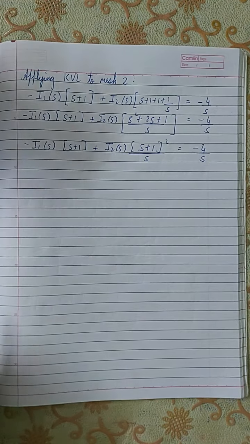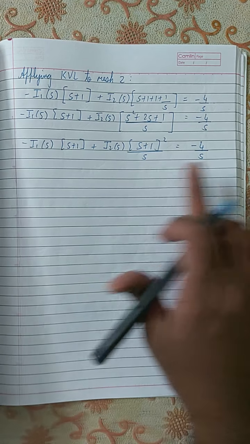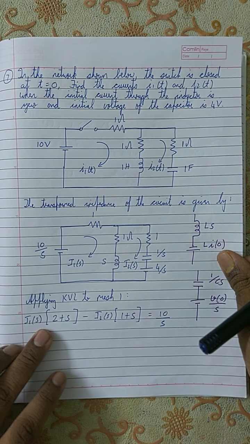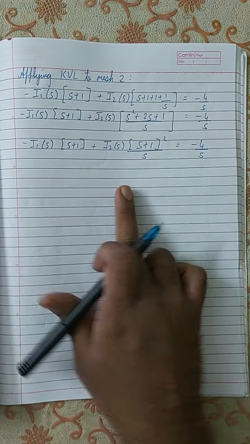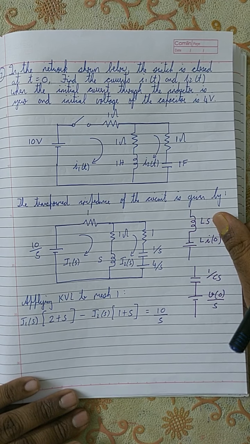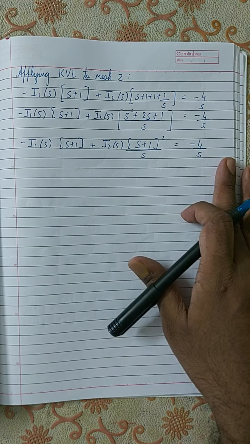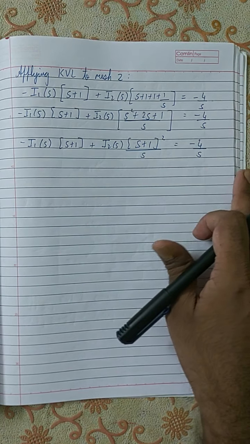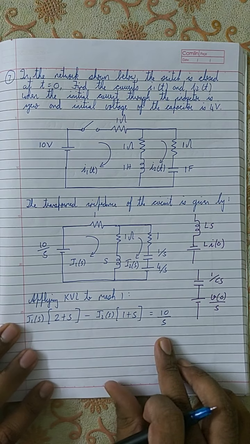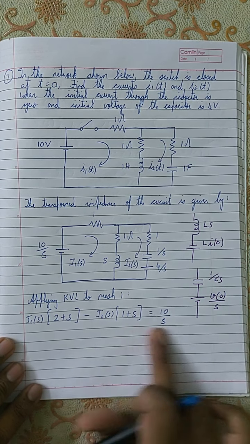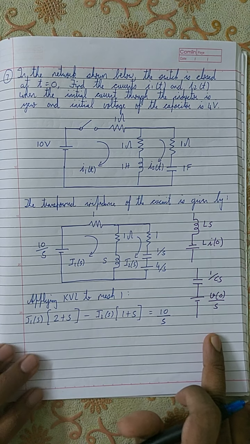Now let's compare these two equations, to see if there's any connection you can make to make this equation simpler, to find at least one of the values. No, I'm so sorry, there's nothing you can do, which means you have to apply Cramer's rule, right? That's the only thing you can do. So I need to simplify this equation much more easily, which means I need to remove this s from here. So how do I remove this s? Multiply this entire equation with s, and you will get